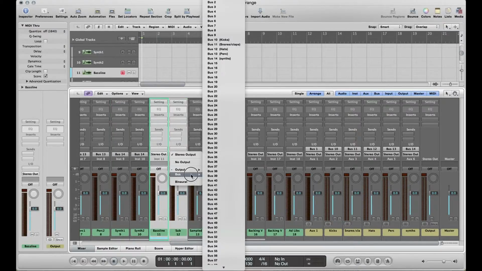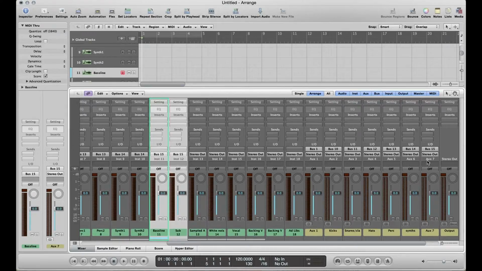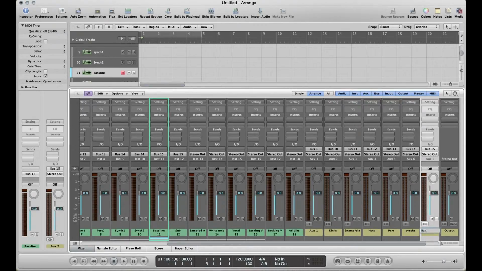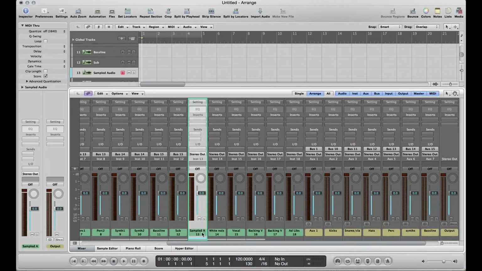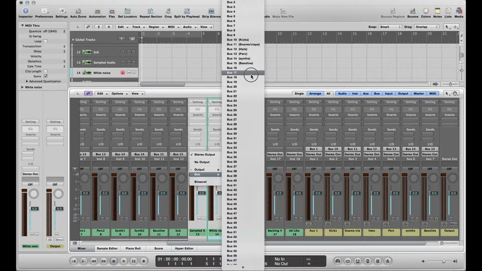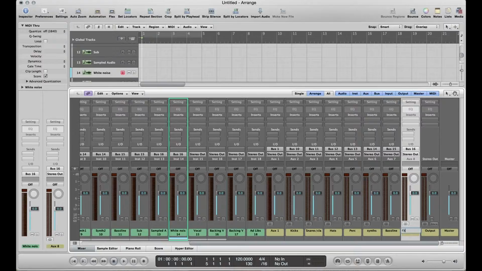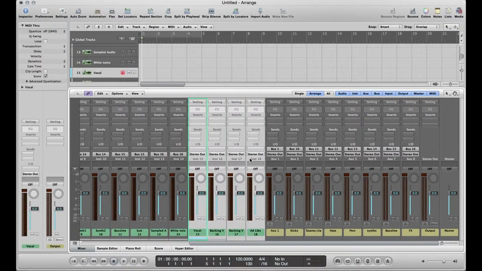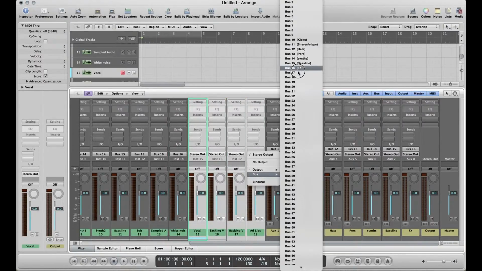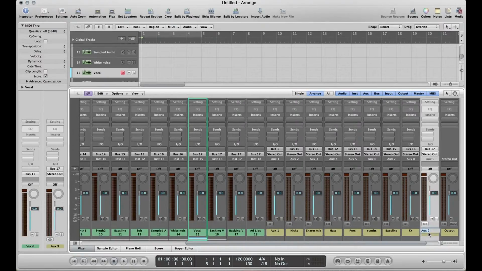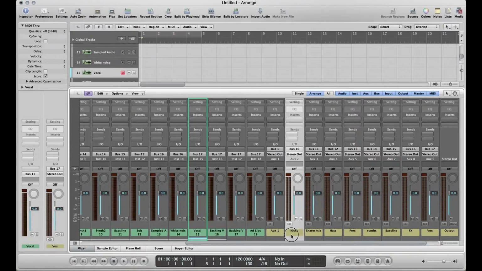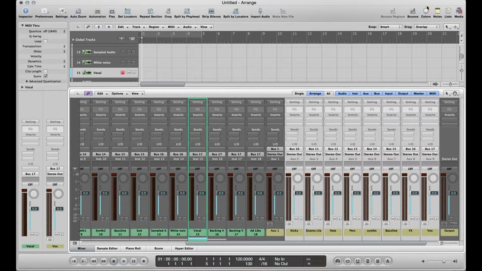When I say bass line, I mean my higher end bass line layer that will run alongside my sub. You might want your sampled audio and your white noise, which might be just little effects, to group together. Just put them in there. Then all your vocals together. Now, once that's happened, we can maybe change the colours of these